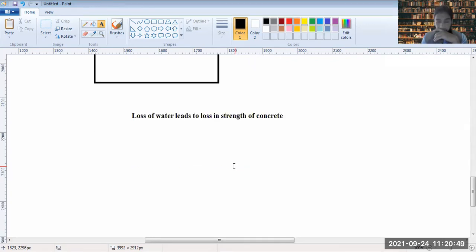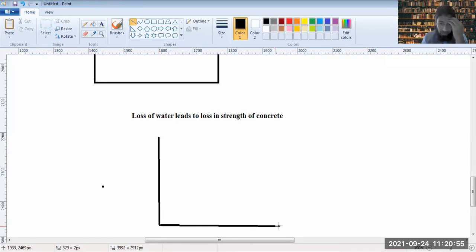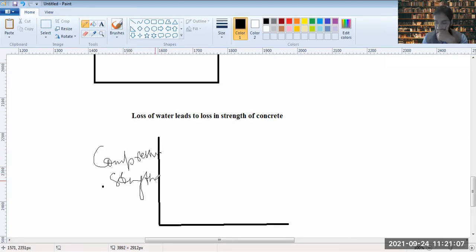So it has been observed that a relationship between compressive strength, if I take the relationship between compressive strength with respect to age of concrete in days,